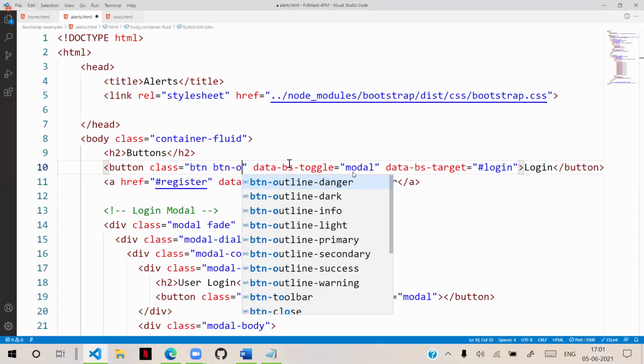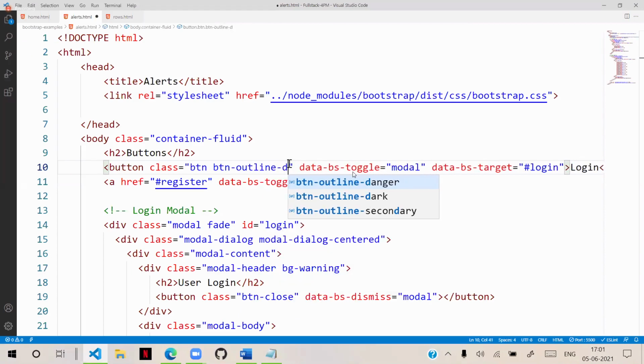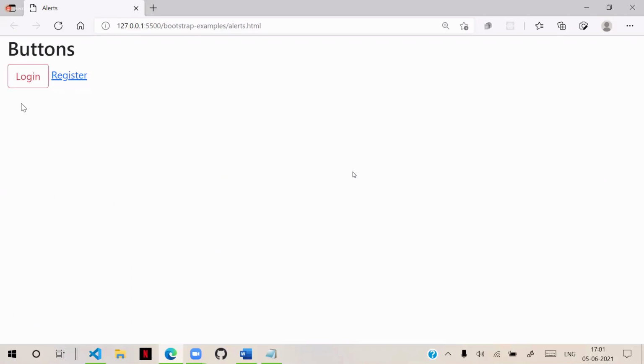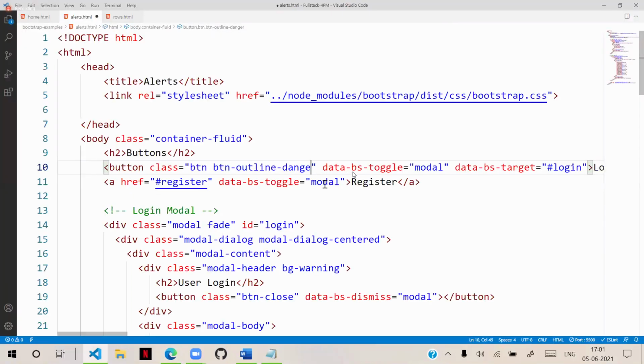We can use btn-outline-danger. Outline danger will look like this. On mouse over, it will display. That is outline danger. Similarly btn-outline-success. We have outline buttons. They will look like this. For a button, we can give that appearance.